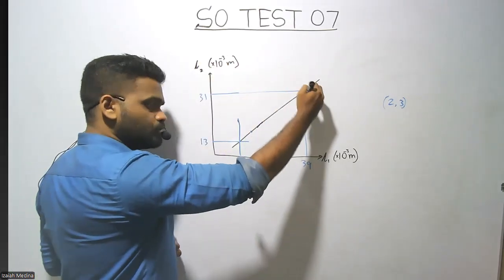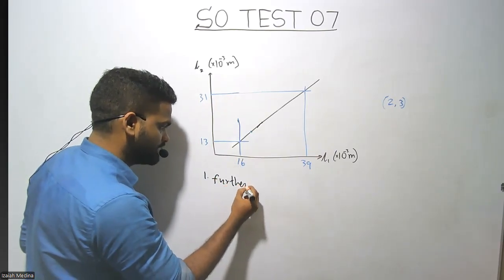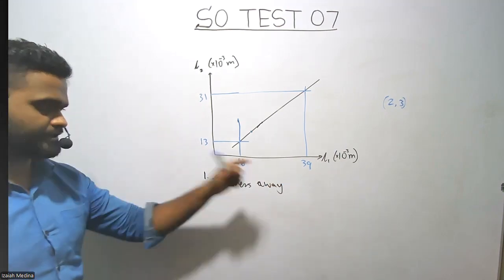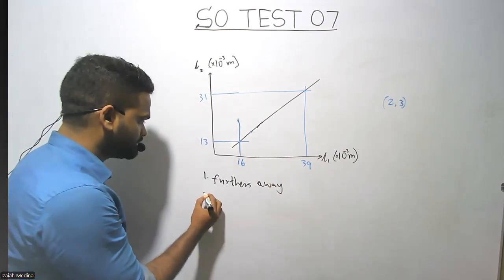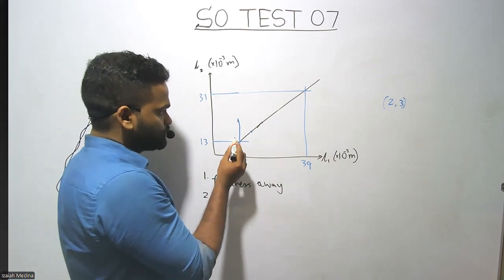Furthest possible two coordinates. So that is the first rule. Furthest away, right? Furthest away. That's the first thing. Second one is you have to choose the coordinate